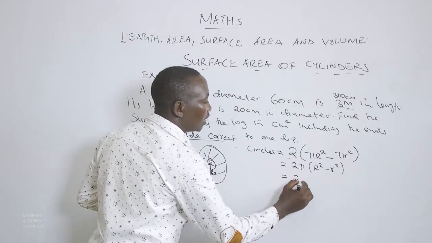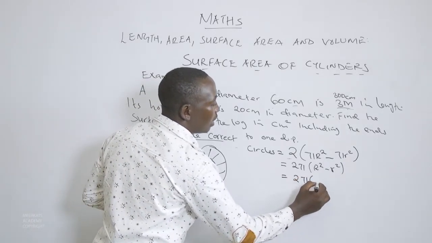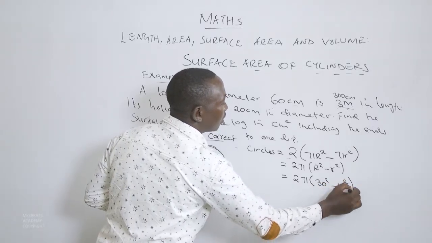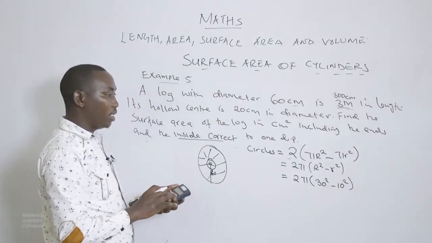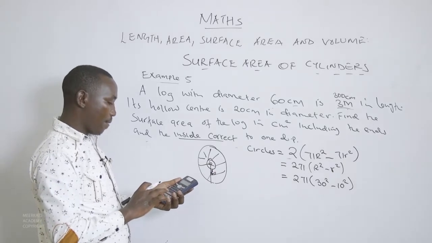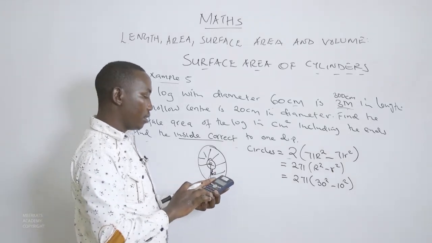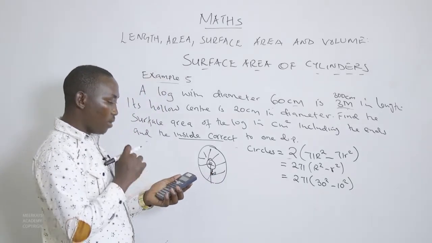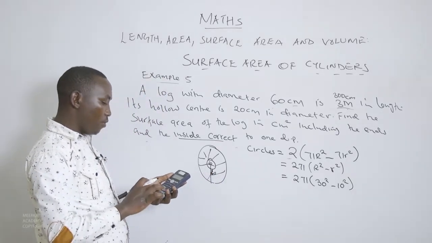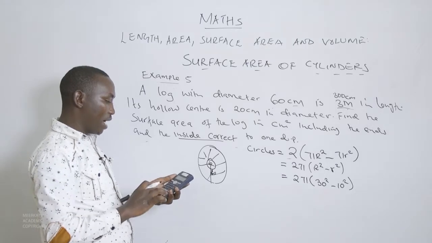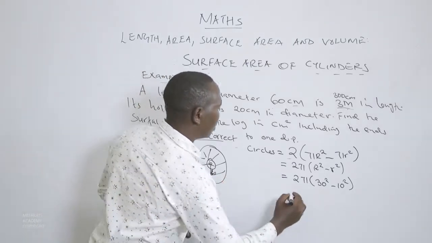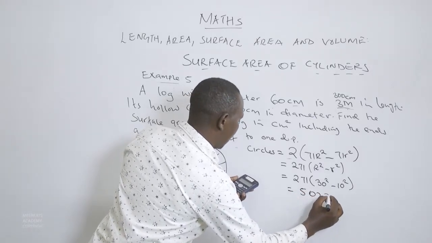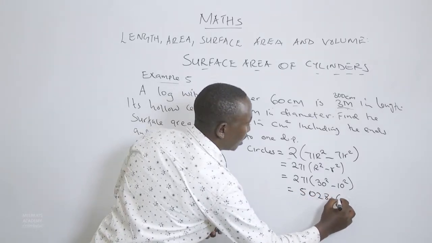So this shall give us 2 pi into 30 squared subtract 10 squared, which will give us 800. When multiplied by 22/7 by 2, it will give us 5,028.6